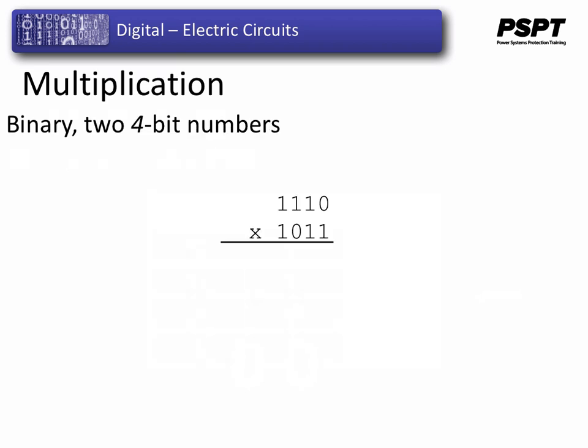Let's go through the calculation of multiplying 2 4-bit numbers together and see what the answer is. The 2 4-bit numbers are 1110 times 1011. And we approach this much in the same manner as we do with a decimal multiplication. Start with the least significant bit and follow the rules. 1 times 0 is 0. 1 times 1 is 1. 1 times 1 is 1. 1 times 1 is 1. So the number is